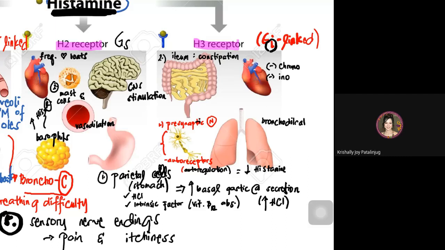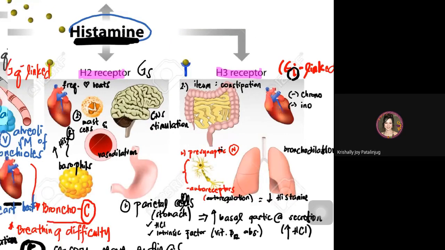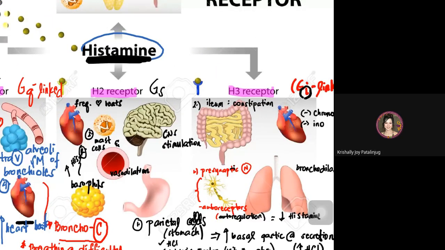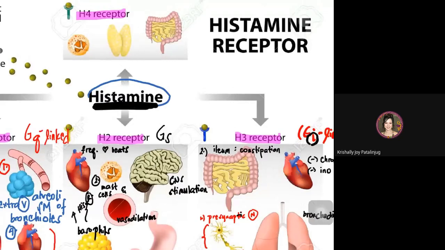Okay. So please take note of the following location ng histamine 3 receptor. But again, the most pronounced location ng histamine 3 receptor is the presynapses, okay, the presynaptic neuron. Then finally, for histamine 4 receptor, nasa sa taas, okay,